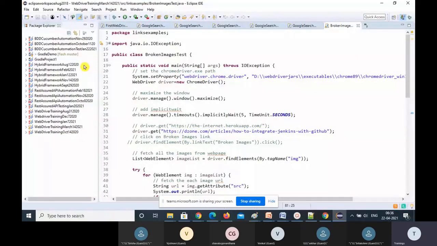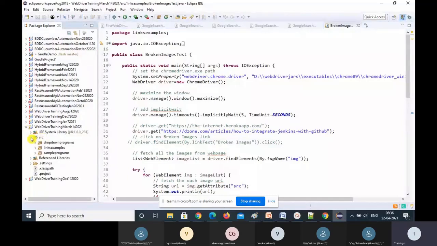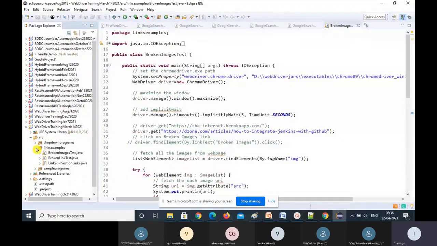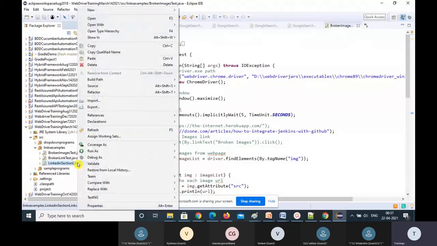Okay, before going, let's finish those two programs. Just replacing the XPath. That's the only change. Not much change here. This is the one I'm going to use. Same code, only URLs are changing. That's it. URLs and XPaths are changing. And for fetching the links, in the driver you will use